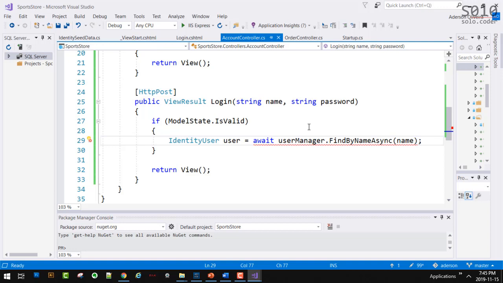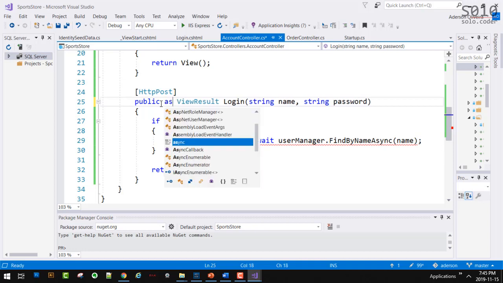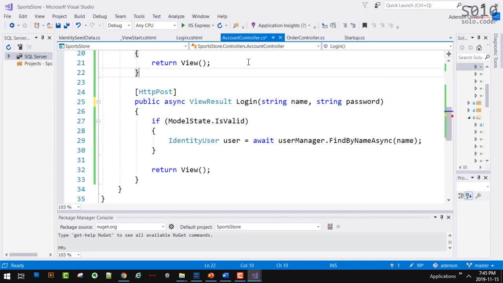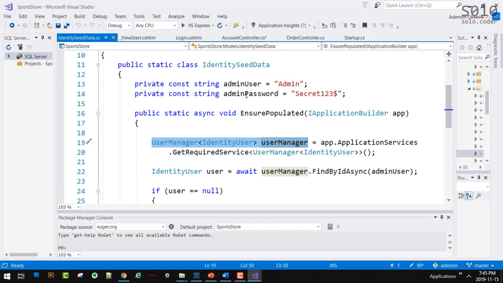You cannot have an asynchronous method being called from another non-asynchronous method. This method itself needs to be asynchronous as well. So we need to flag that. We need to come here and say public async. We need to say this. This was done in the identity seed too. You see? In the identity seed we had async here.